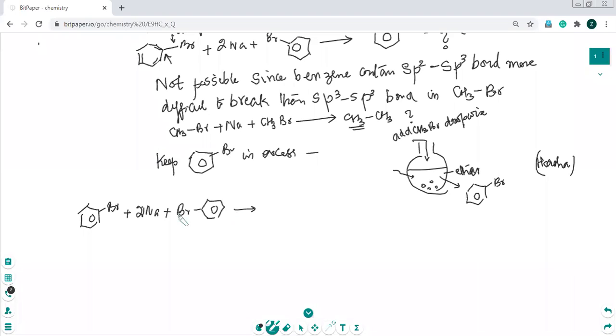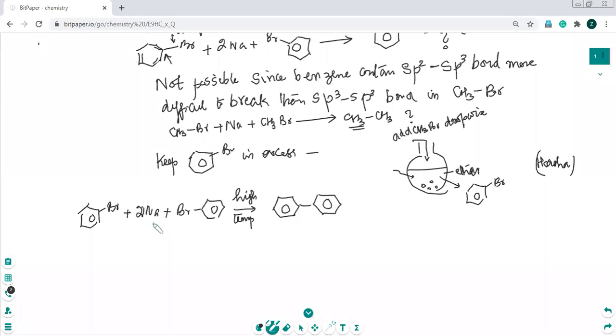This also will give you the product. But remember, this is done at high temperature. You have to do this at high temperature. Maybe at a high temperature, if you do this, you will get biphenyl. So it is all depending on the rate of reactivity. This reactivity is a bit lower, so depending on the substance you add,